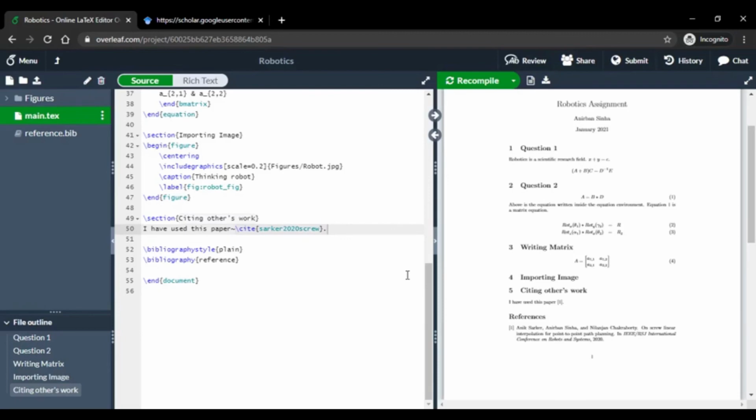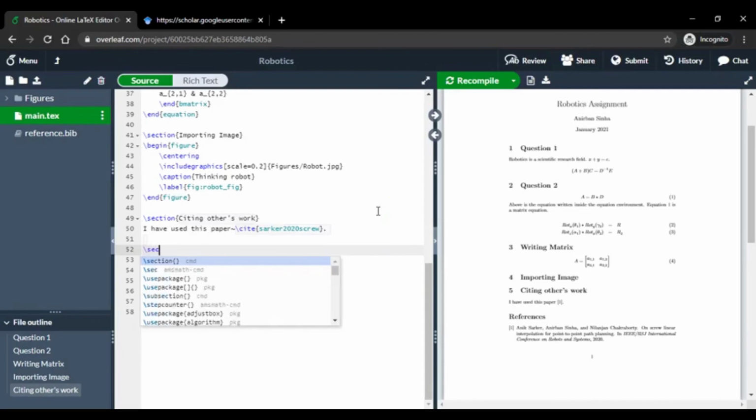Hopefully this is helpful, and this is most of the important information that you will be using a number of times, and there are many other things that you can do. So let me also show you how to create itemization